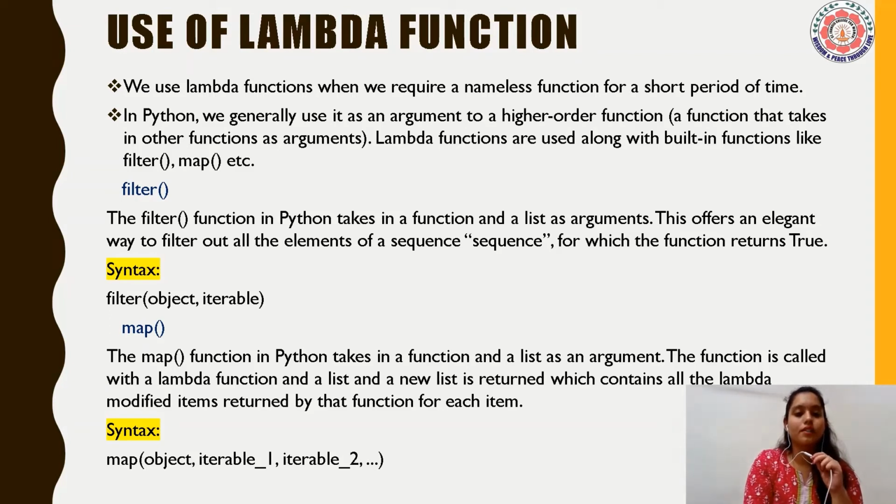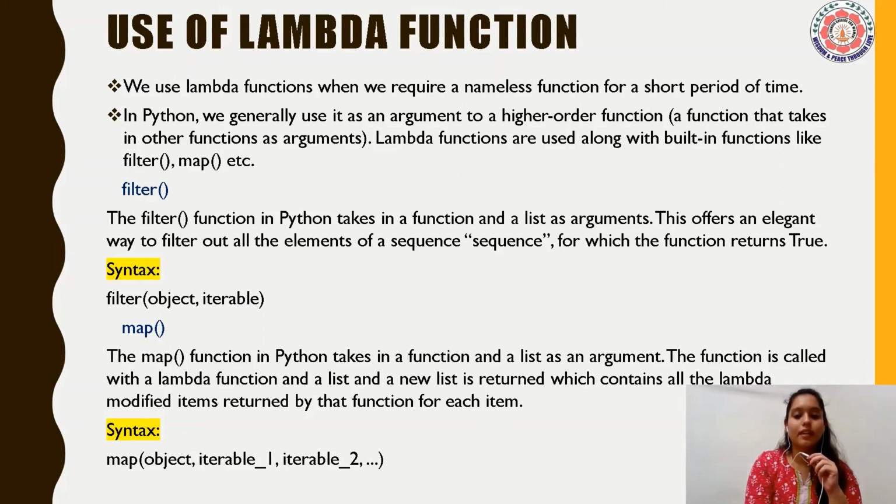So what is the filter function? The Python filter function takes a lambda function together with a list as the arguments. The syntax of the filter function is filter, object and then iterable. The object here should be a lambda function which returns a boolean value. The object will be called for every item in the iterable to do the evaluation. The result is either true or false for every item. Note that the function can only take one iterable as the input. So the filter function returns a list of those elements that return true when evaluated by the lambda function.